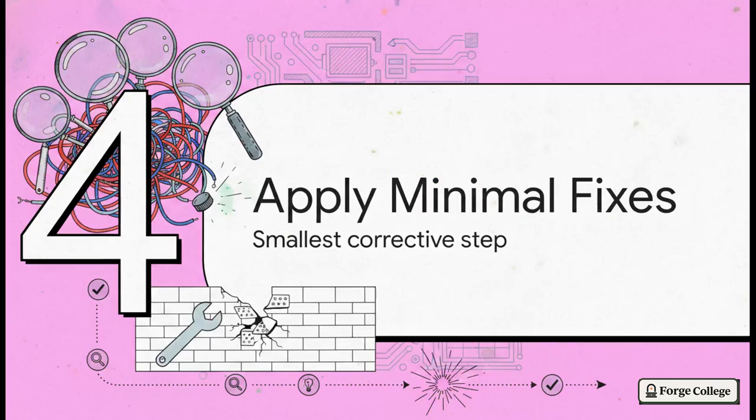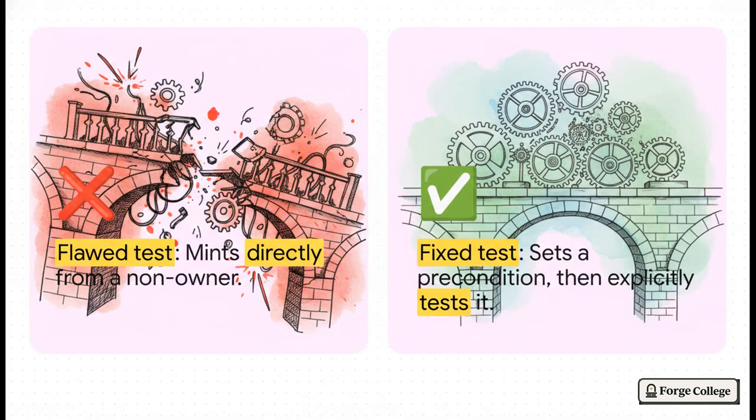Moving on to section 4, apply minimal fixes. So we've gathered our clues and hypothesized the root cause. In our club capacity example, the root cause is a missing supply cap precondition. Now listen closely, because this is where devs usually get themselves into trouble. We do not rewrite the whole system. We apply the absolute smallest corrective change